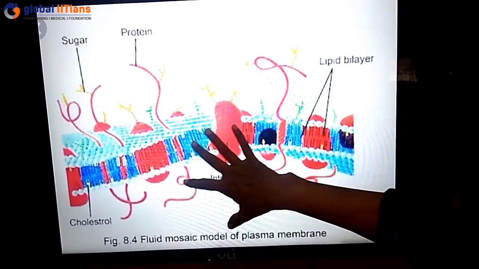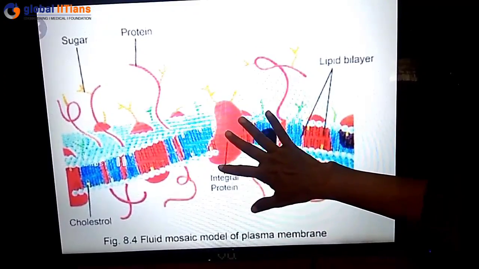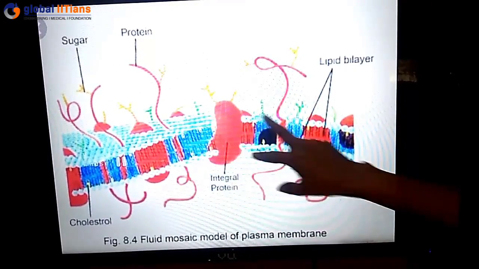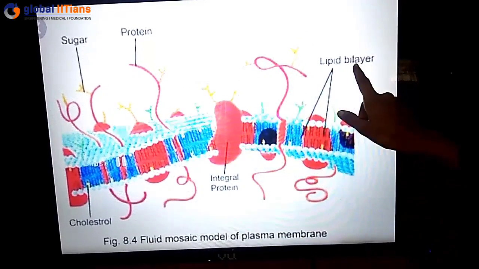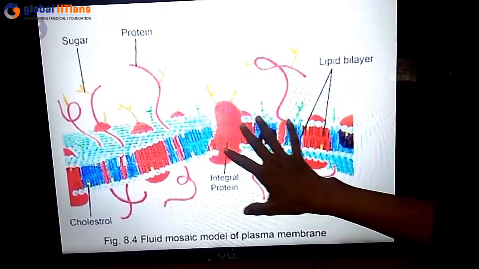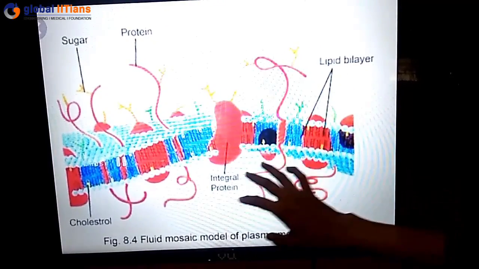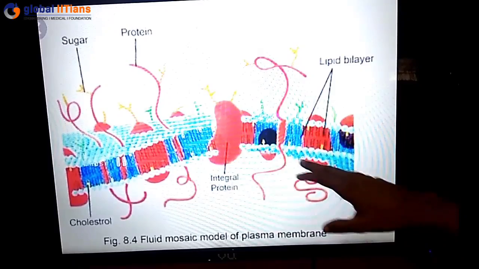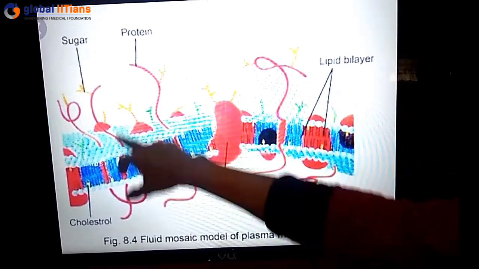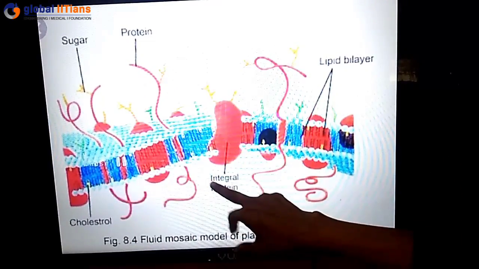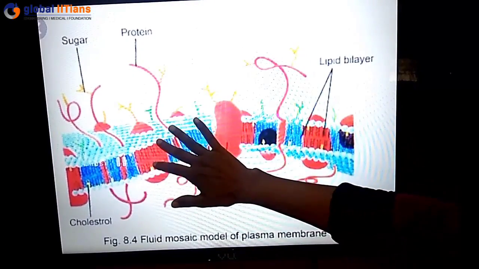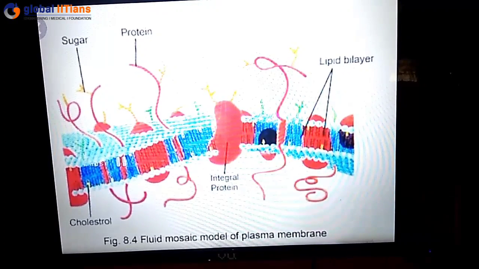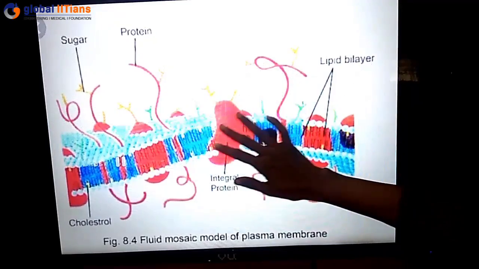So see, students, this is actually the structure of the cell membrane. Now there are two layers of lipid. This is the lipid bilayer. But if you can see clearly, there are intermittent other molecules, other components also in it. Even there is a presence of protein, then sugar. Cholesterol needs to be present at regular intervals in this phospholipid layer, because you see, if the phosphate molecules lie closely to each other,